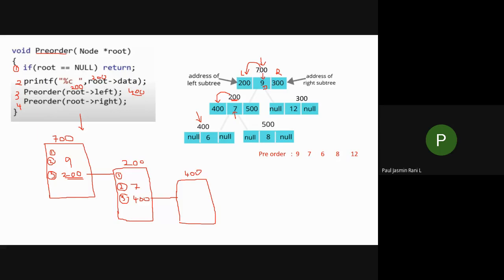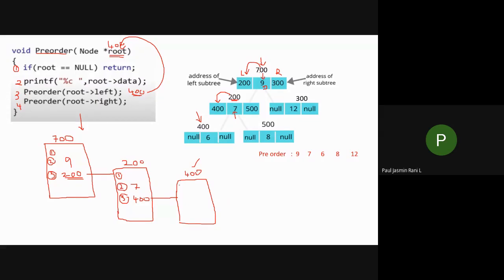So now I'm passing 400. I didn't execute this statement, isn't it? I'm just passing this 400. So 400 is passed over here. After passing this 400, what is the current root value? Current root value is 400. Now I'm here, so I have to execute the statements. After passing this one, the root node value is 400. Am I right? Now I have passed this value 400. Now I have to execute all these statements.